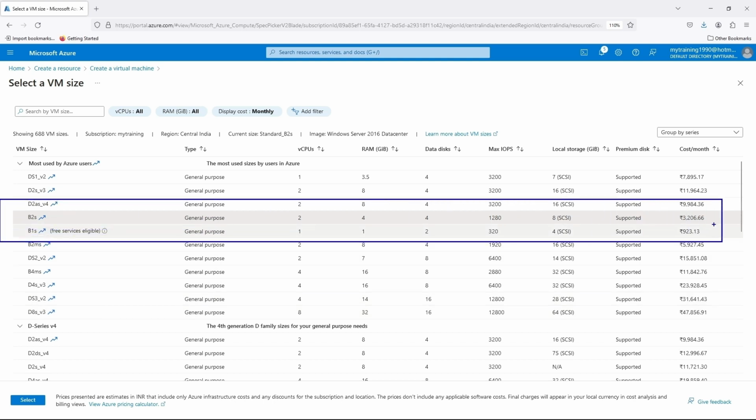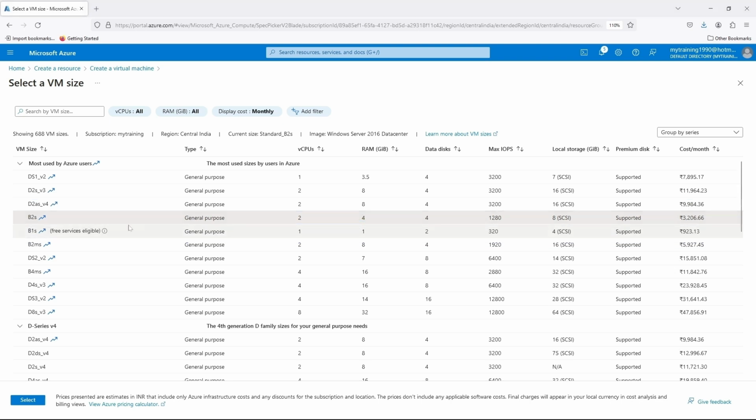This is the one which is little bit cheaper so that I can boot the virtual machine faster. If I select the 923, this is very small B1S because it has only one CPU and 1 GB of RAM. So this particular B2S has two virtual CPUs and 4 GB of RAM. So it will boot faster compared with this virtual machine. So I'll select B2S, select,